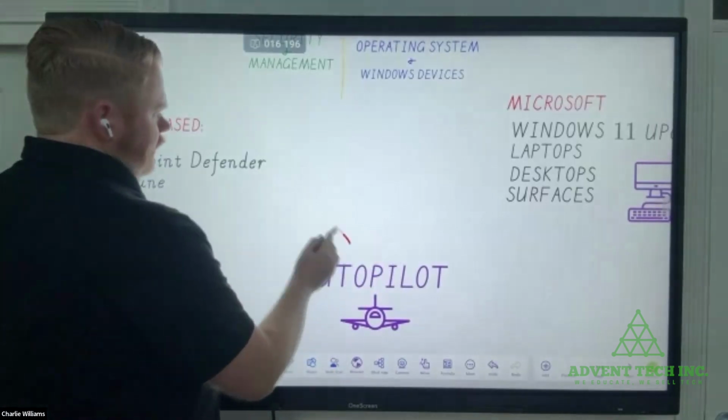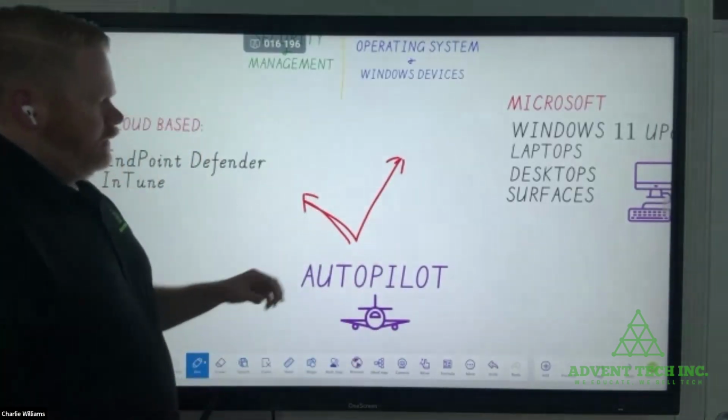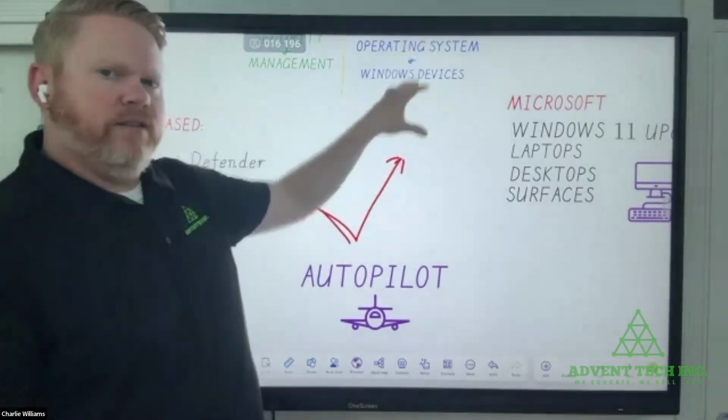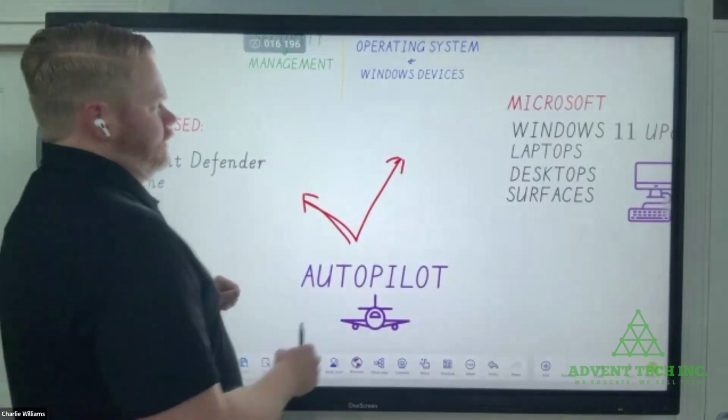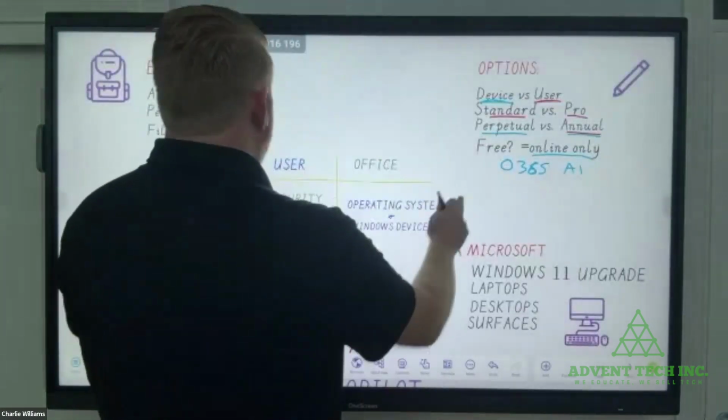So Autopilot kind of lives in both of these buckets, right? Which is kind of fun. And so Autopilot is a security license, but it is used to manage your endpoint devices, right? And what's the image on the endpoint device? Let's even go as far as talking about